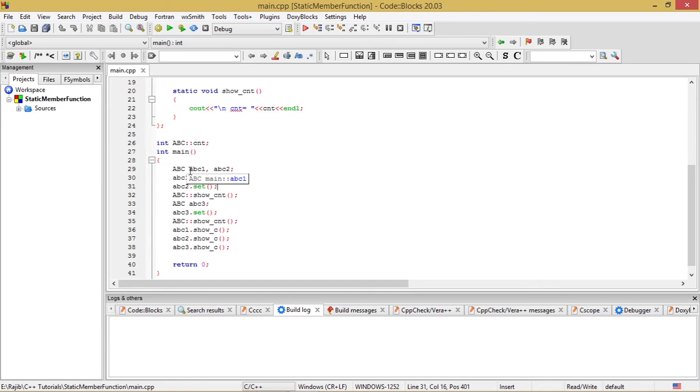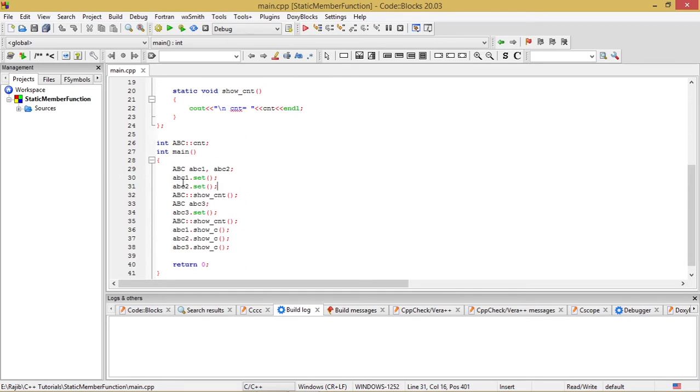So as soon as we create this abc1 object, the value of cnt becomes 0.